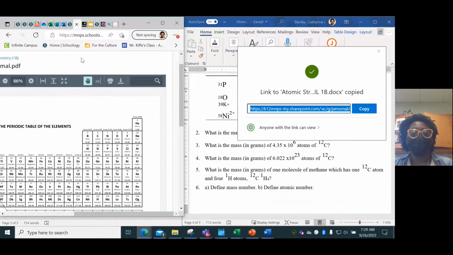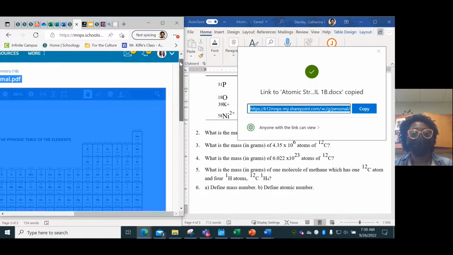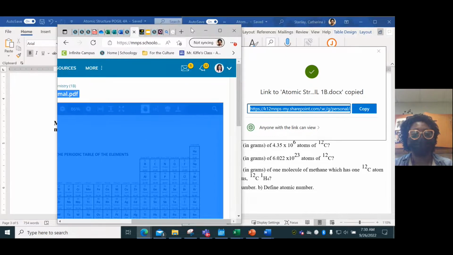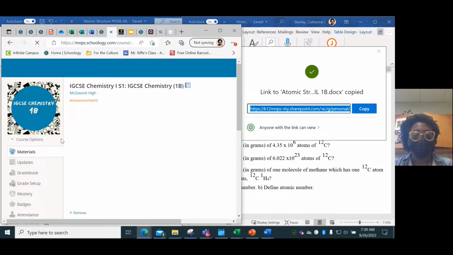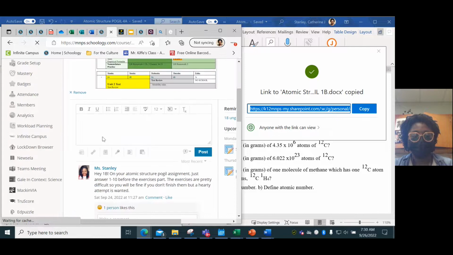All right, what I'm going to do is paste the link of this copy of the one that we did together right now. I'm going to share it in an update, and I'm going to title it Atomic Structure POGIL Answers Through